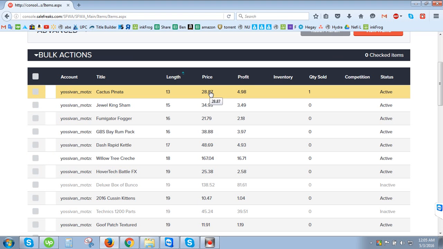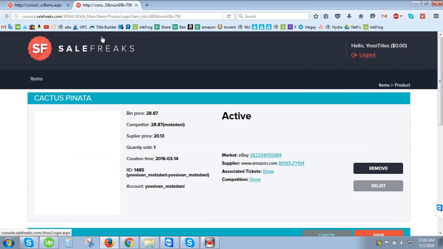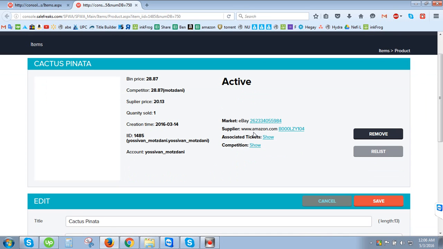To change the title, you just click on the item you want to work on, which is now the first one in the list, and it will load up its details. It will show you the item on eBay, and the asking price on Amazon.